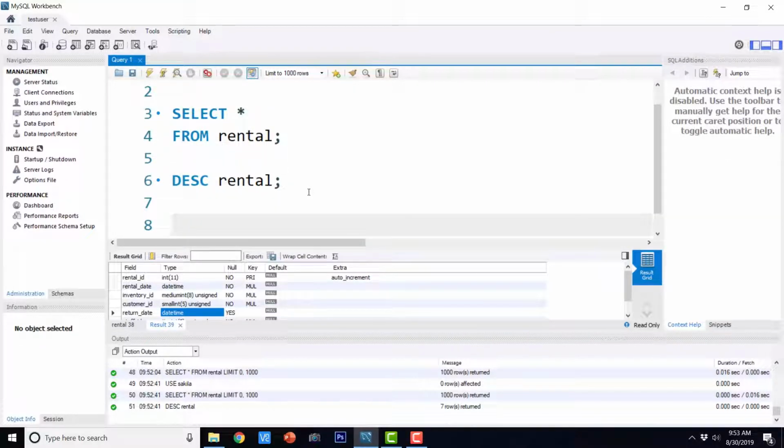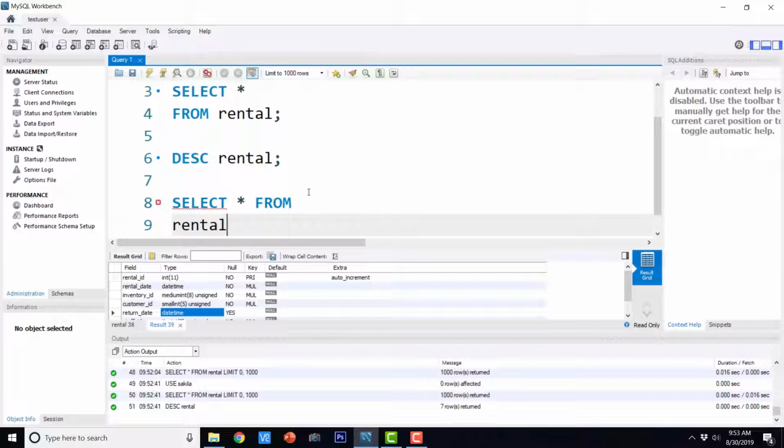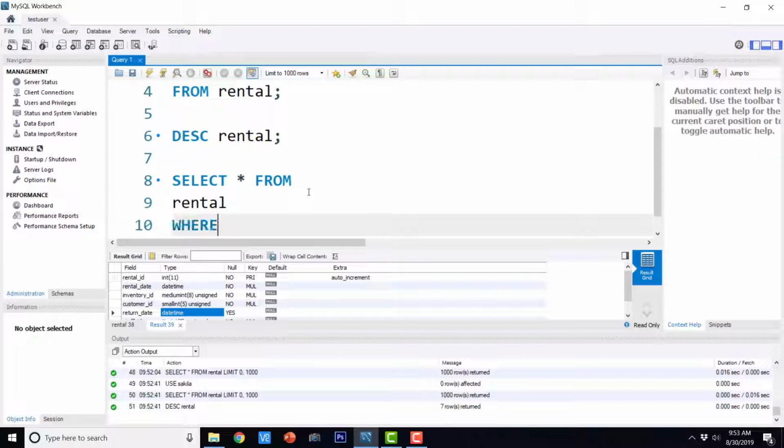Now if I just say select star from rental where rental_date equals to 2005-05-24 22:53:30.